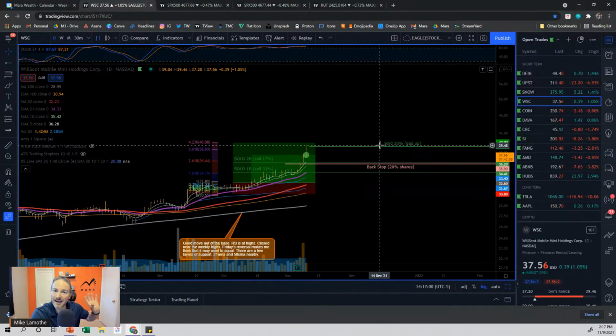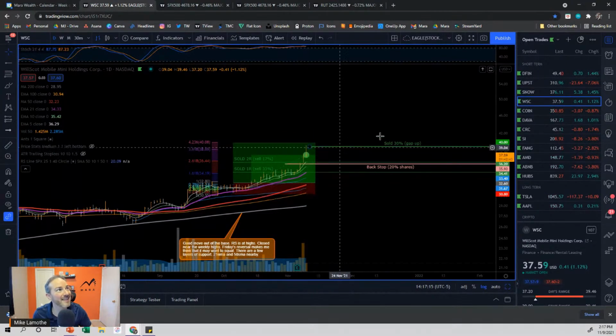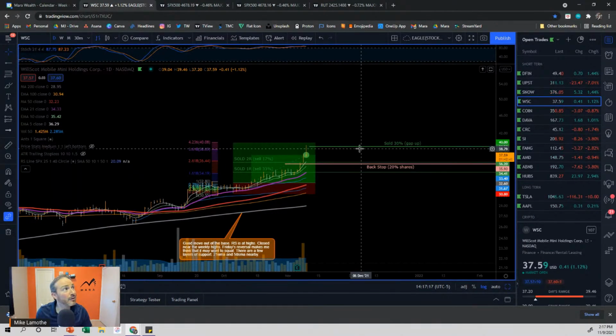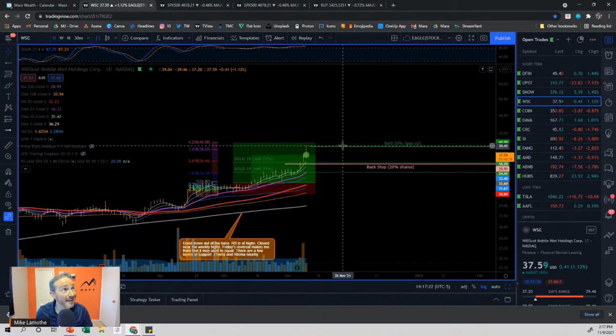Let me go over here and grab an apple, or let me snip a rose and put it on the table, because you know why? You need to have just a little bit of that taste, especially when price is starting to get extended like this. Even if you are planning to hold for a little bit longer, that's okay. When you sell a little bit as price is moving up, it allows you to hold for a little bit longer.